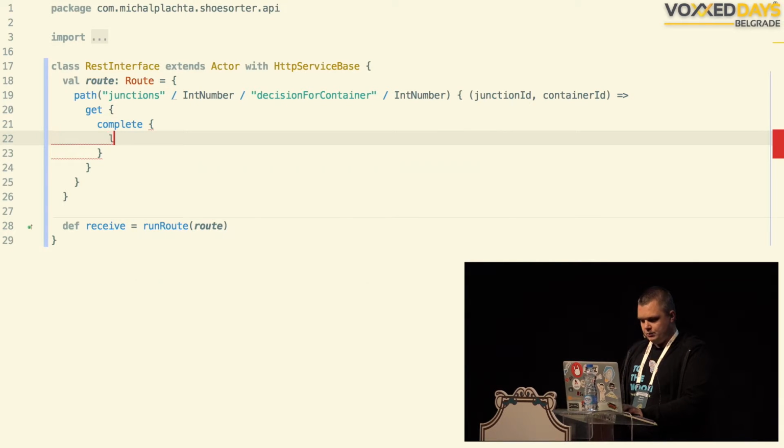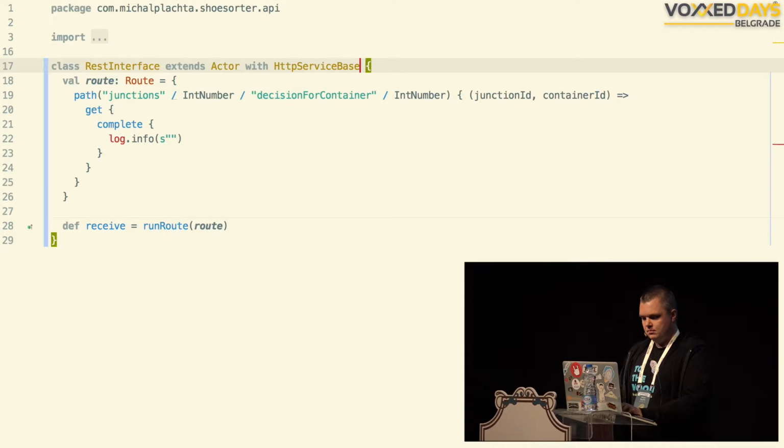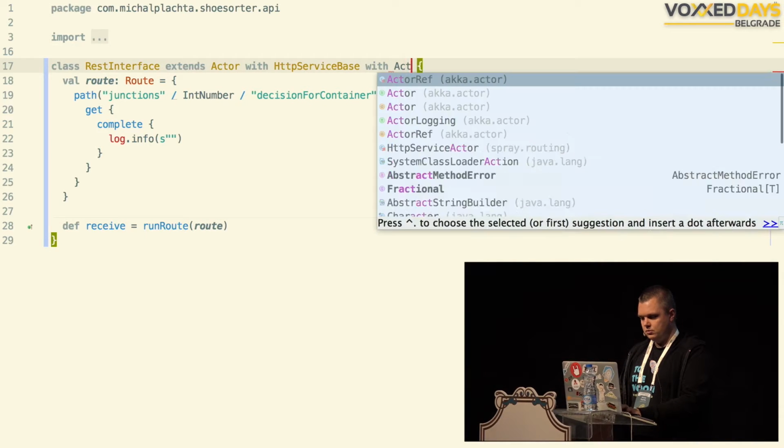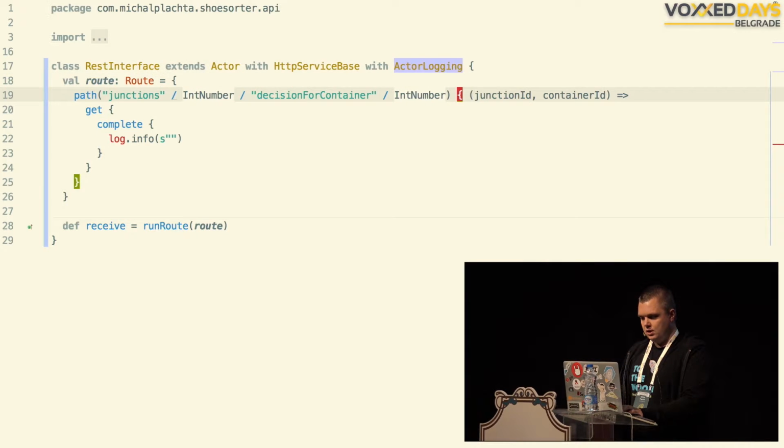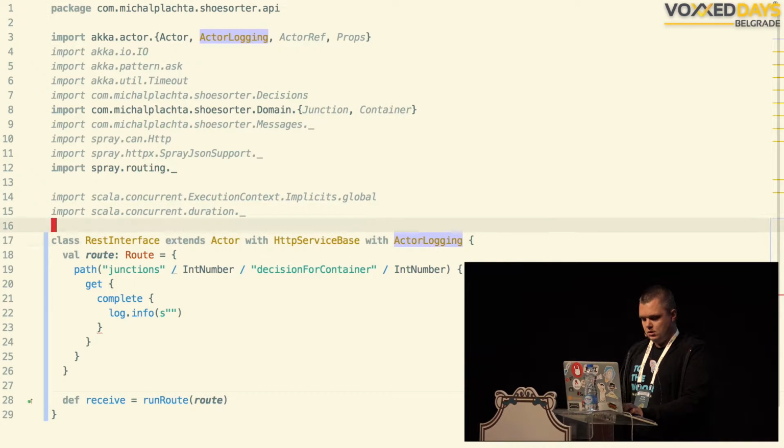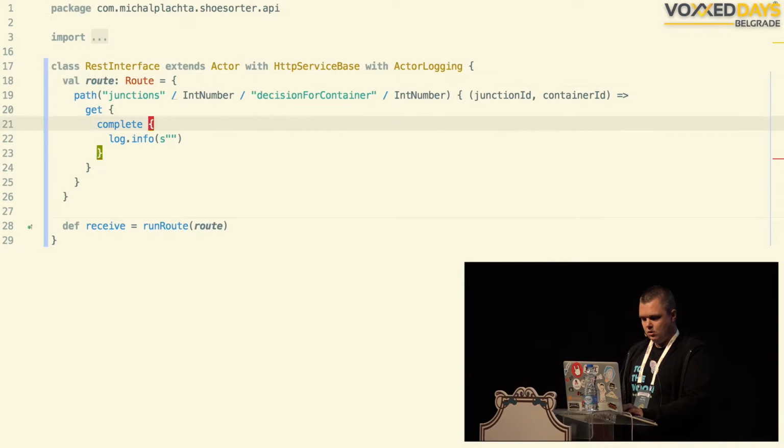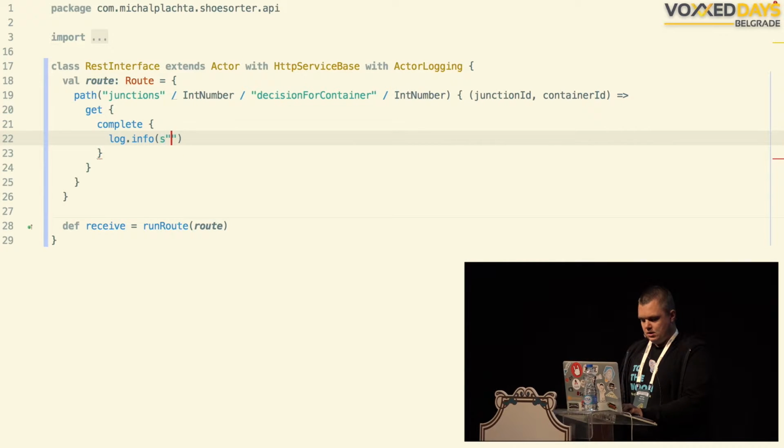What we can do here is we can log something. Log info, for example, we don't have log there, but we can add another trait, logging actor logging, and this will automatically give us log here. Request, and just so that we know that requests are there.